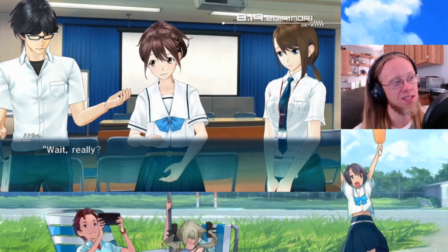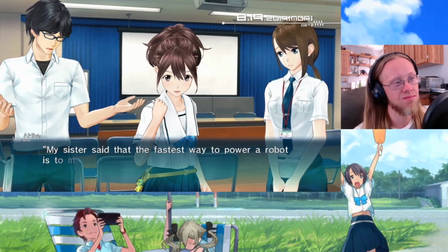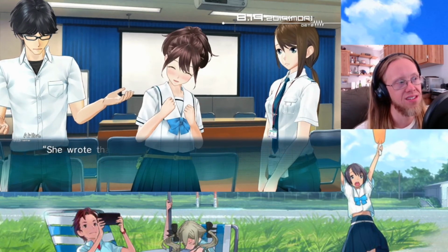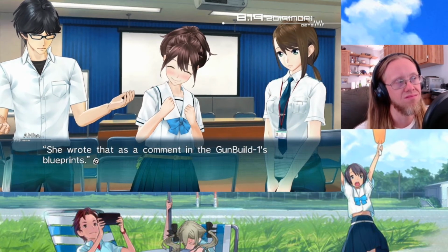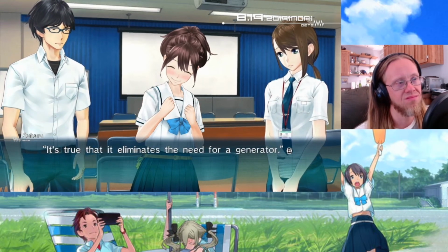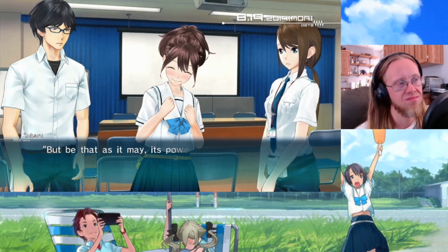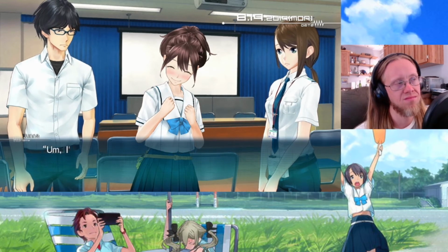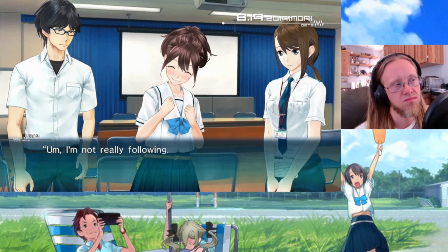そうかな。一番手っ取り早いのは電気自動車のエンジンを乗せることなんだって。ガンツク1の設計図にお姉ちゃんのコメントでそう書き込んであった。確かにそれなら発電機がいりませんね。ただおそらくそれでも動力が足りなかったでしょう。よくわからないんだけど。